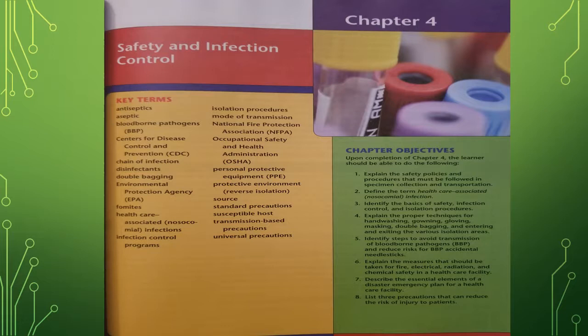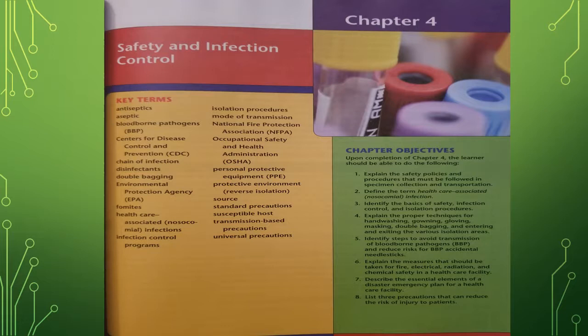1. Explain the safety policies and procedures that must be followed in specimen collection and transportation. 2. Define the term healthcare-associated or nosocomial infection. 3. Identify the basics of safety, infection control, and isolation procedures. 4. Explain the proper techniques for hand washing, gowning, gloving, masking, double bagging, and entering and exiting the various isolation